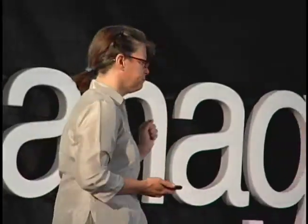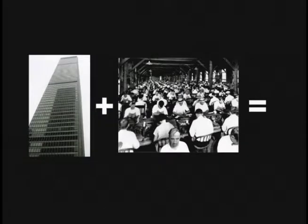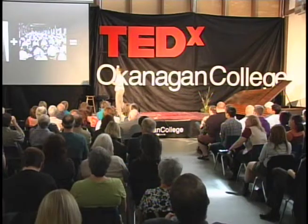Then with the introduction of electric cabled elevators, those square, wide, deep buildings that we had became very tall. And this form of architecture spread throughout the world and was in fact known as the international style. And that's what you see there. So when you combine this ubiquitous form of architecture with